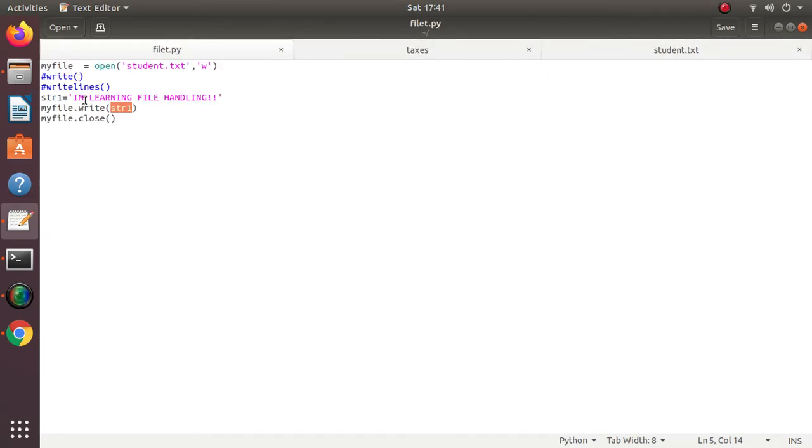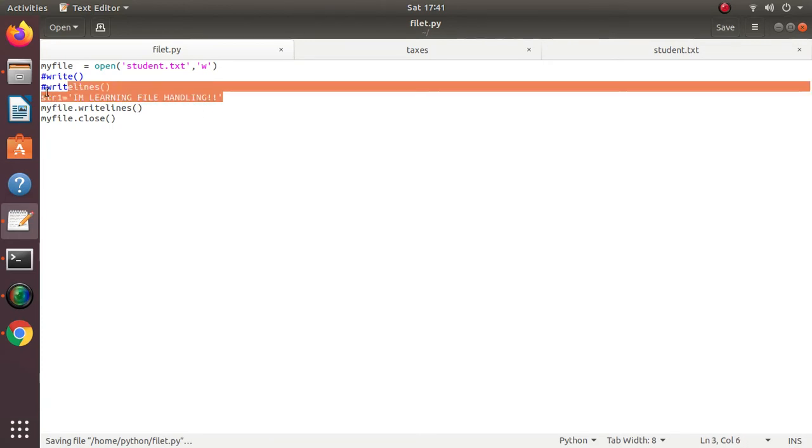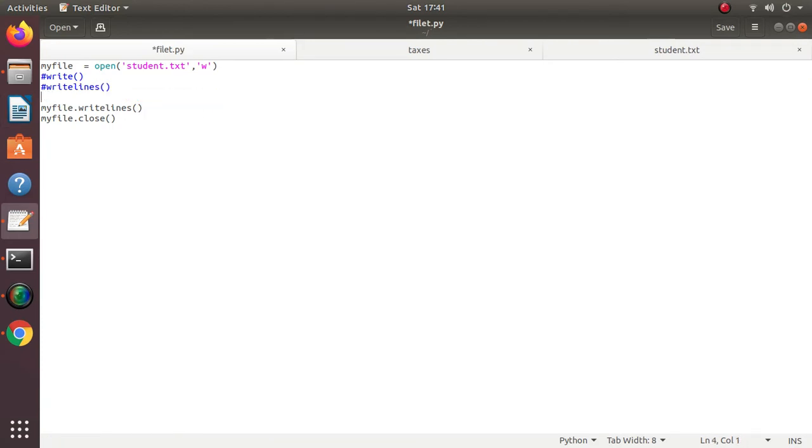Then the second function is writelines. The write function was taking a string as its parameter. Now the writelines function will take a list as its parameter.